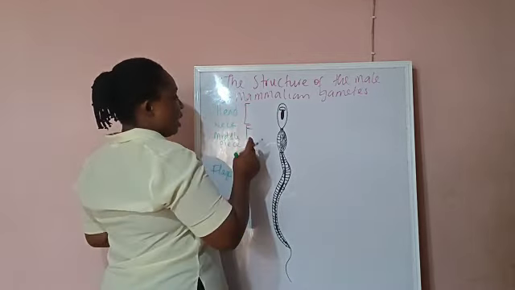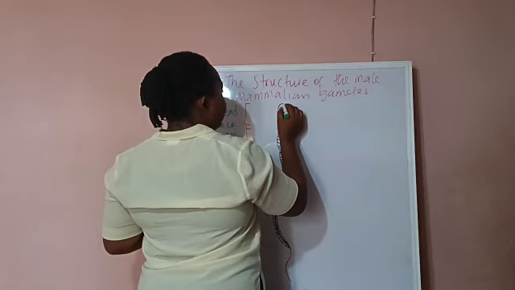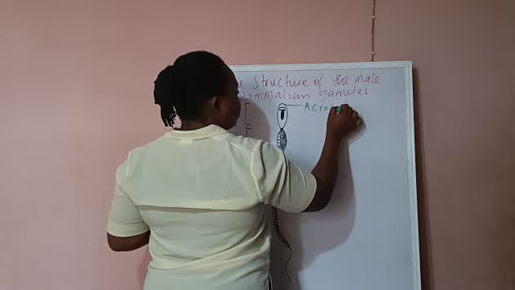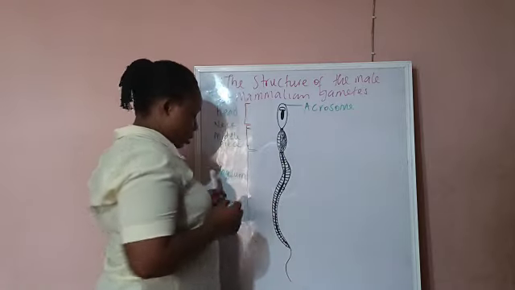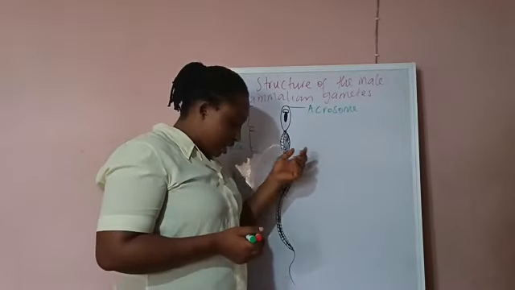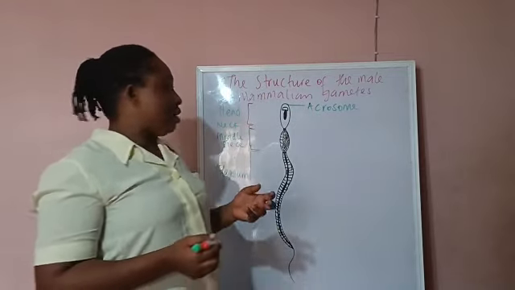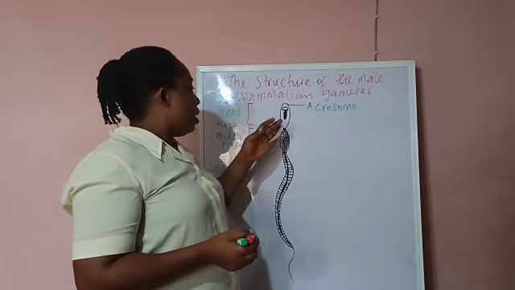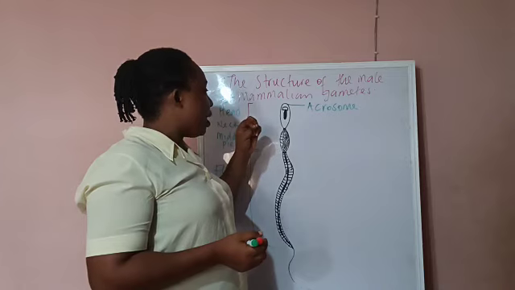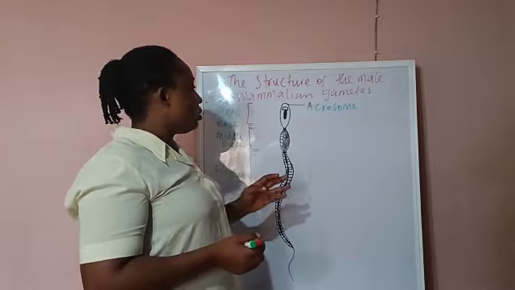Now on this edge we have the part that is known as the acrosome. The acrosome contains an enzyme. This enzyme helps the sperm to be able to go through the female reproductive